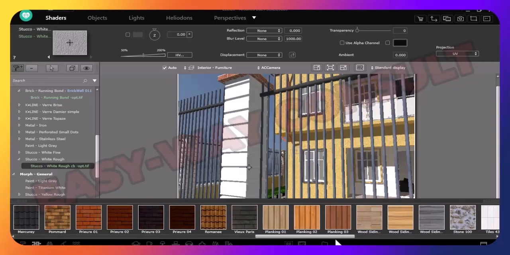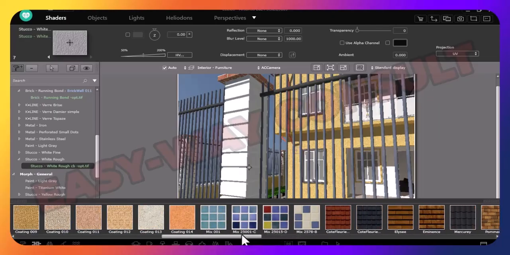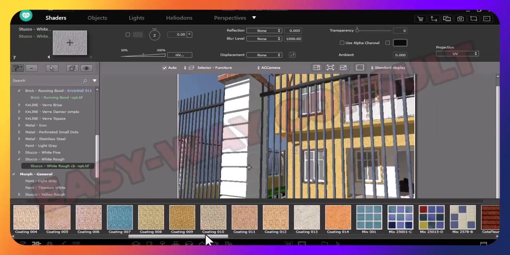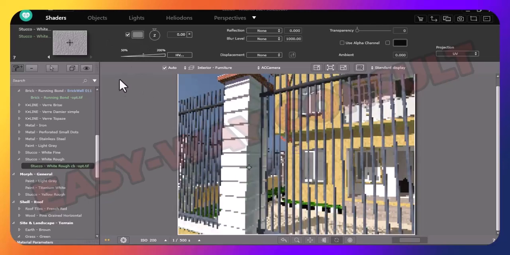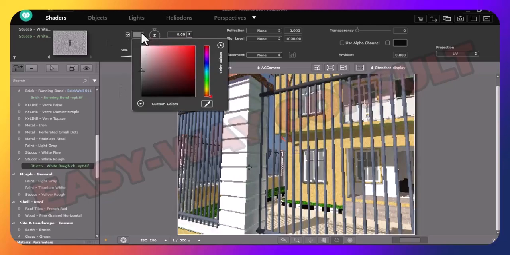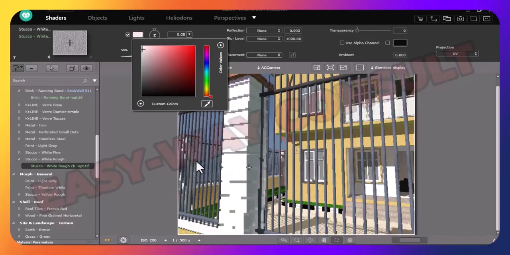Okay. Let's allow this to be, you just click on it. Allow this material to be, make it a little bit whiter. Increase the whiteness and maybe